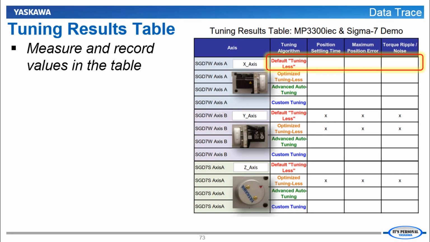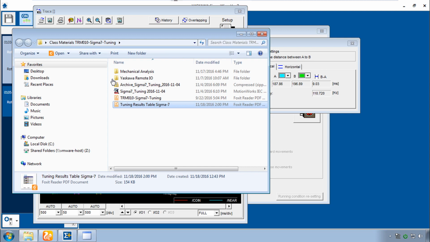This tuning results table shows where we're going with the training over the next few videos, and we'll want you to measure and record the values for position settling time, maximum position error, and torque ripple for the x-axis, and that will serve as a baseline measurement by which we can compare the results that we get in the following videos on tuning-less, advanced auto tuning, and custom tuning. So if you could go to your class materials folder and pull up the tuning results table,